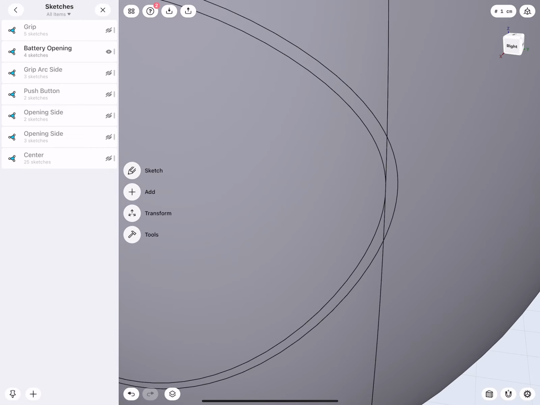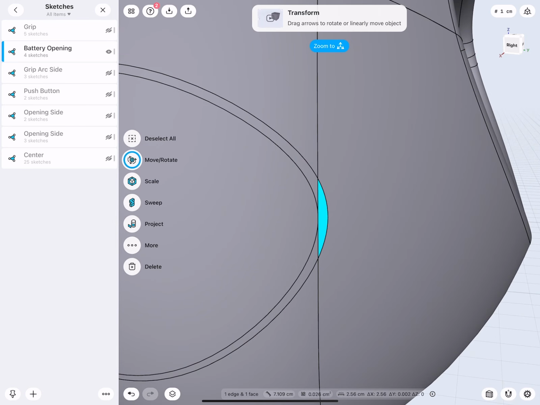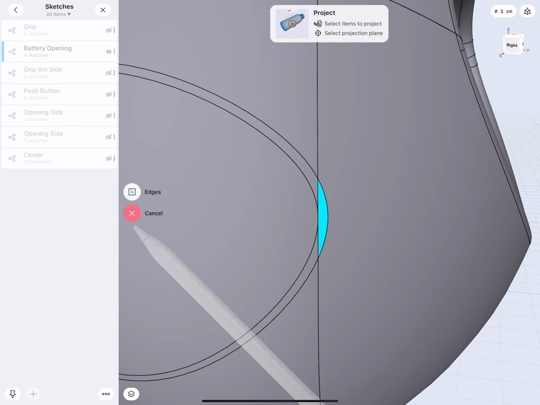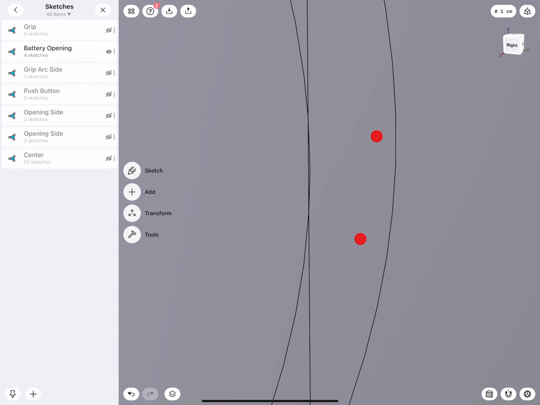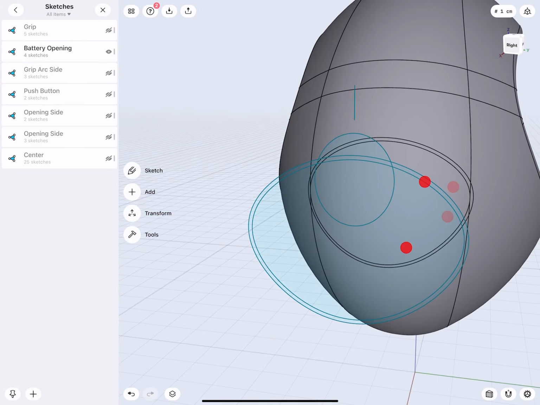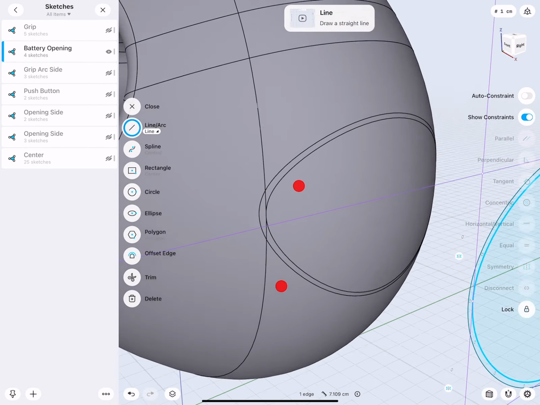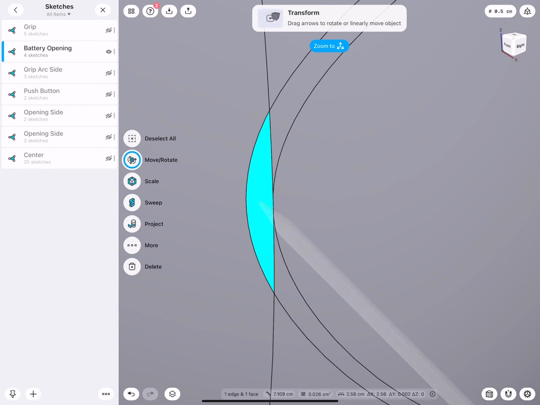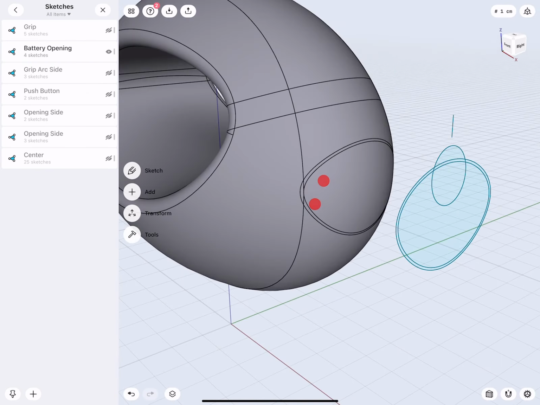Oh, this is getting tight. Okay. And project. Yeah, it's a really tiny fragment. Very good.